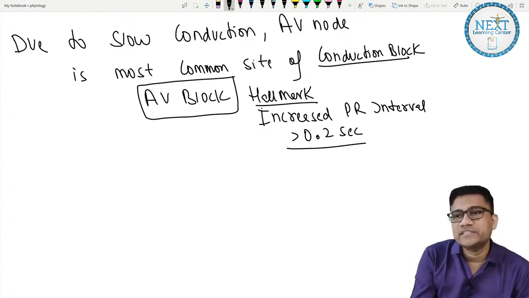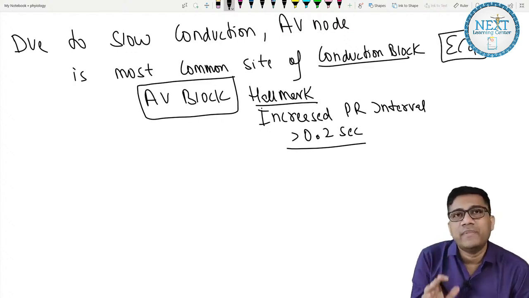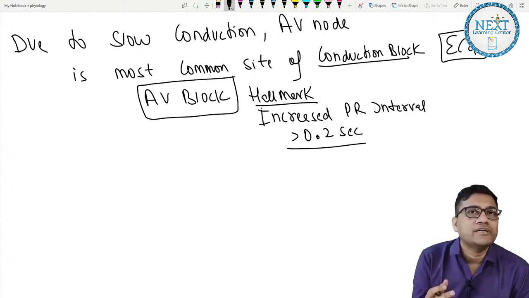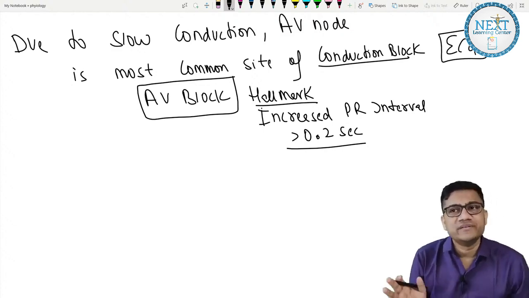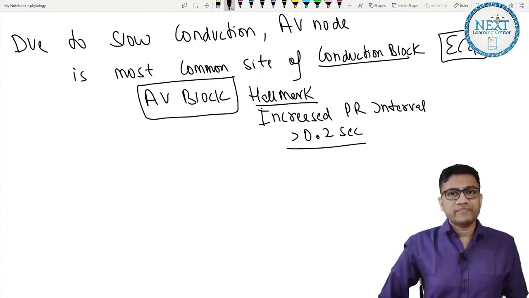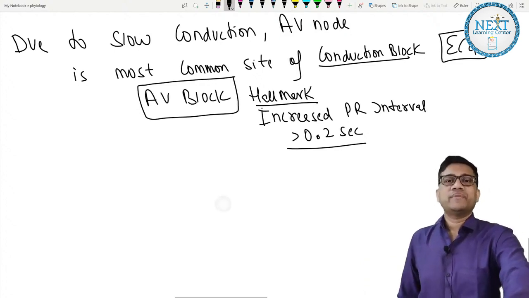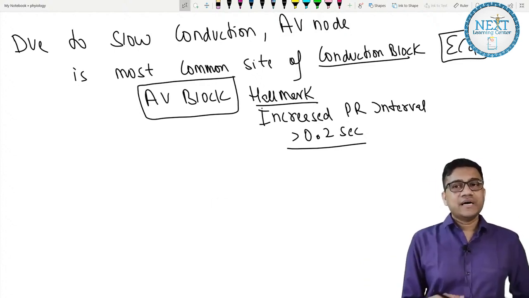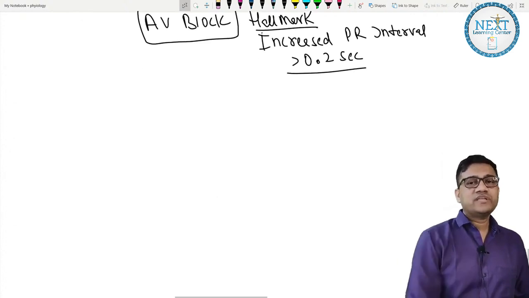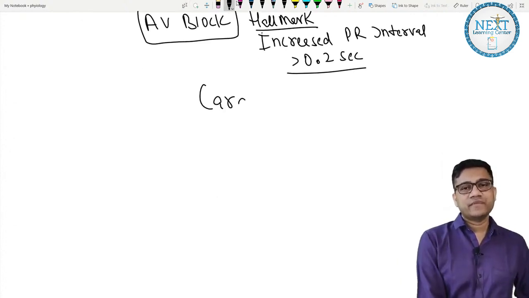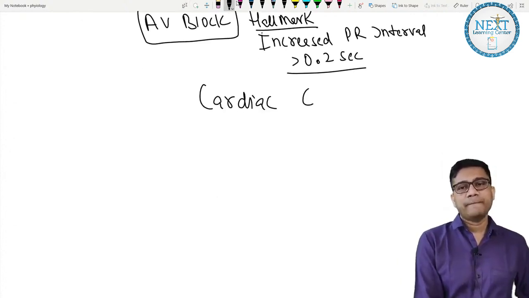Okay. So again, it is discussed very well in the ECG lecture with all the types of block, Wenckebach, Mobitz, then third degree complete block, bundle branch block. So all are covered very well there. So I'll not be discussing them now. Yes, we will discuss again later for class, but not now. Now we see the cardiac cycle. So what are we seeing now? Cardiac cycle.